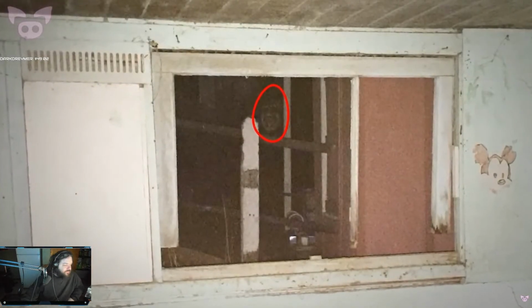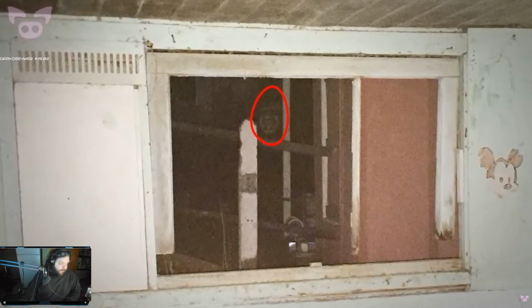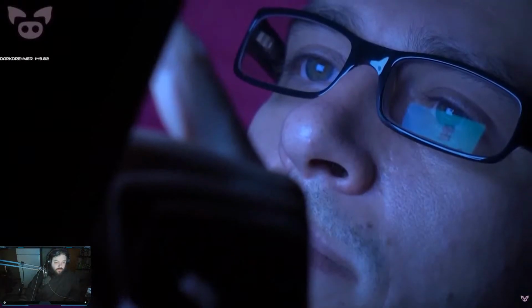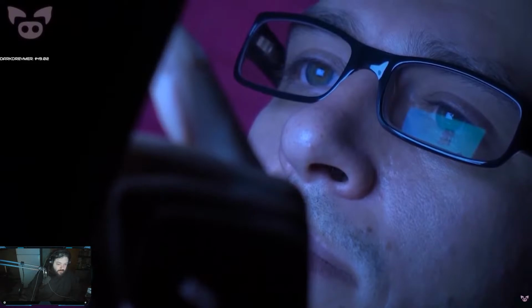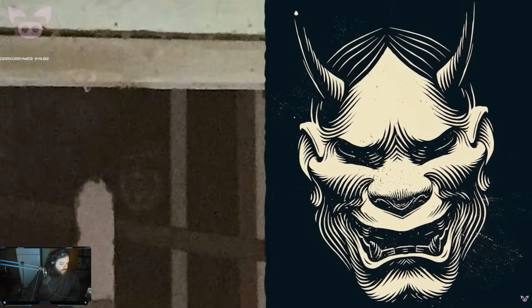It seems to be an eerie grey face with dark eyes looking into the distance. Commentators on the Reddit post went wild with theories as to what the grey face may be. Some noted a resemblance to Japanese demon face masks, while